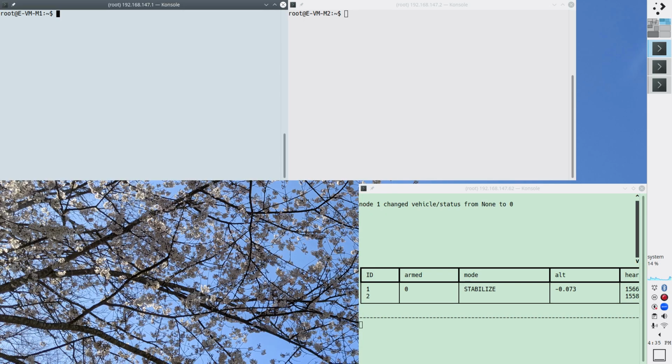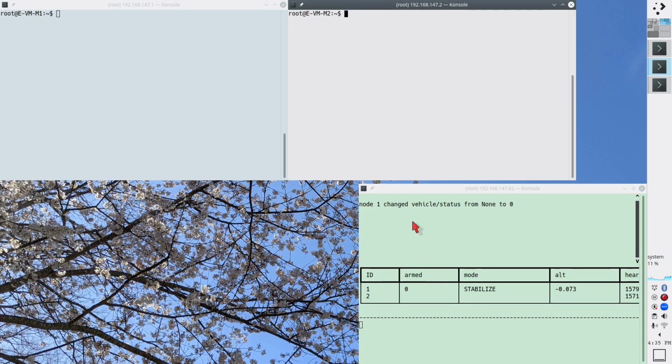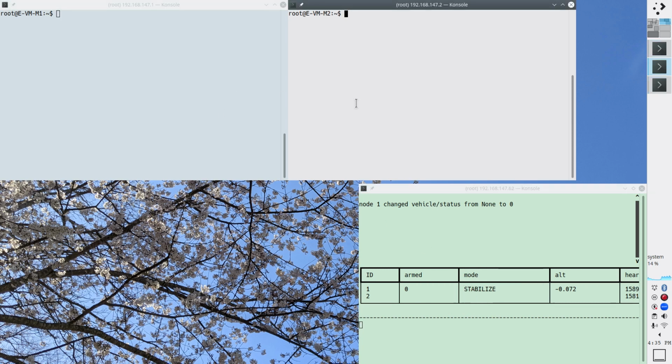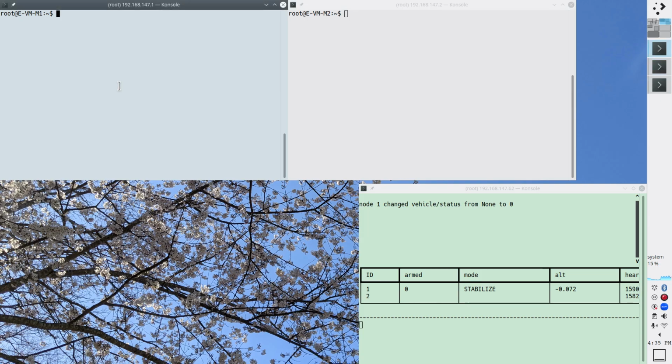So what we have here is a very simple experiment with one portable node, node 1, M1. We are in the EVM of M1 here, M2 over here, and then the audio console confirms M1 as a portable node of the vehicle, and M2 is a fixed node of some sort. And to select a radio,